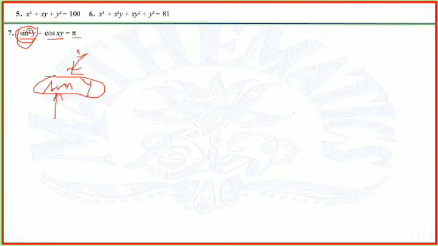Question number 7: sine square y plus cos xy equals pi. While differentiating this sine square y, first of all you will take this square as power and then differentiate this sine y. I write here, while differentiating sine square y, the first target will be power 2, the second target will be the base sine y, and the third target will be the angle y. So this way 3 steps will be connected while differentiating.